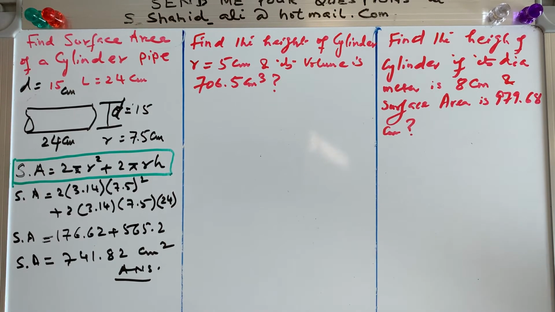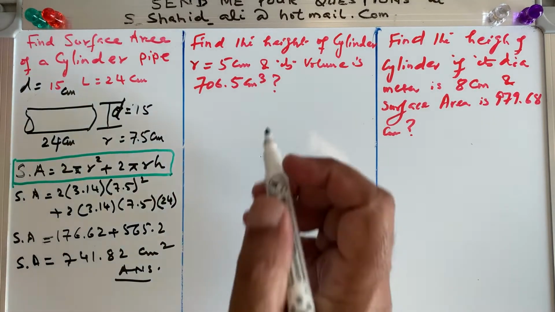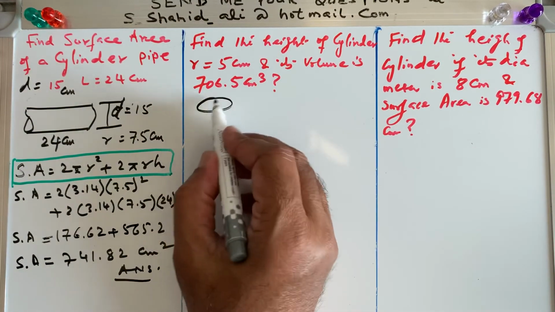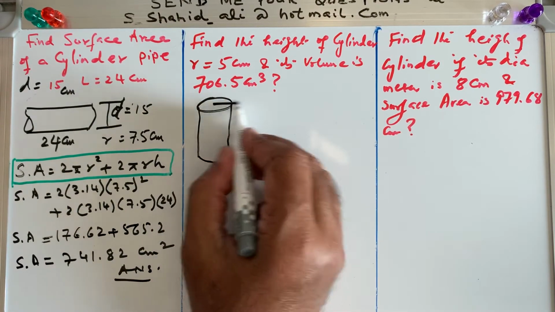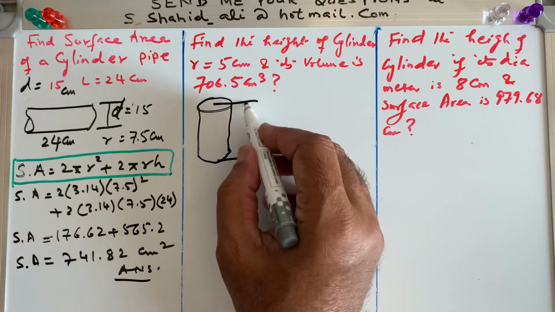For circle is pi r square, so 2 circles is 2 pi r square, right? So we did in the last lecture. So here we just have to plug in the value, memorize the formula, and you get the answer. Find the height of a cylinder. Here is the height, right? So this is one of the cylinder. So what we have to have is find the height of the cylinder, right?